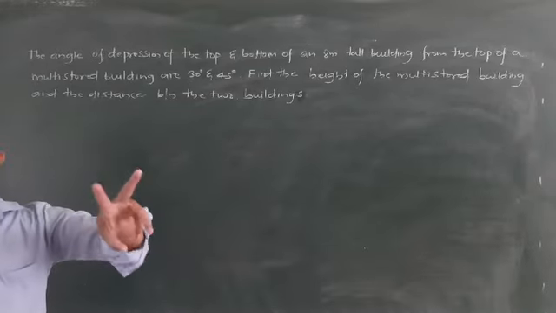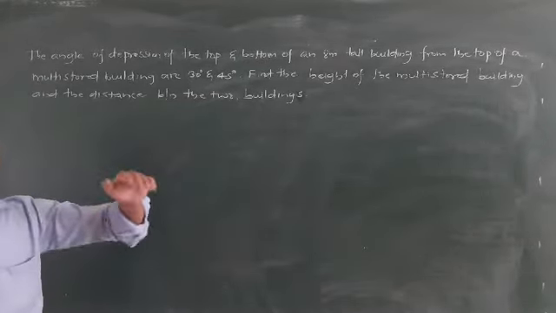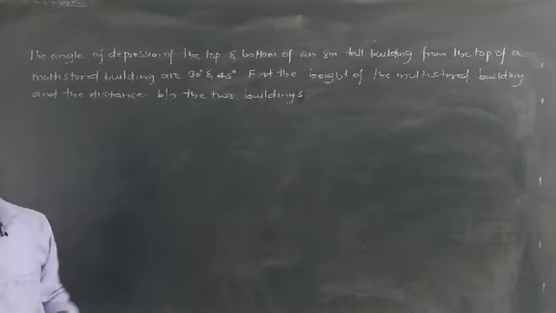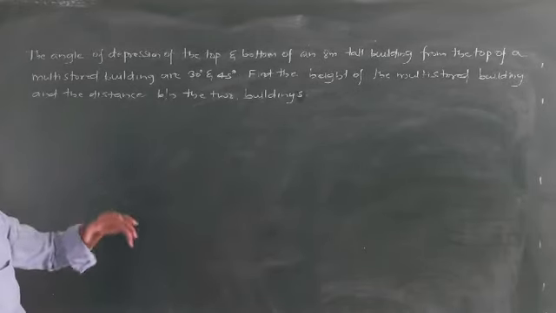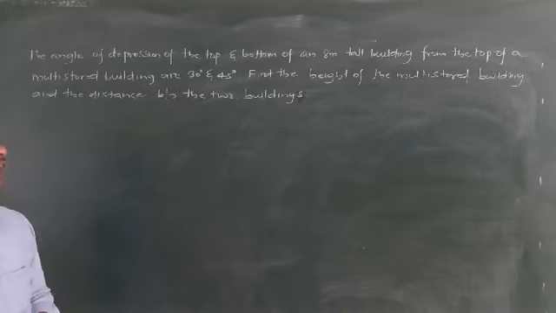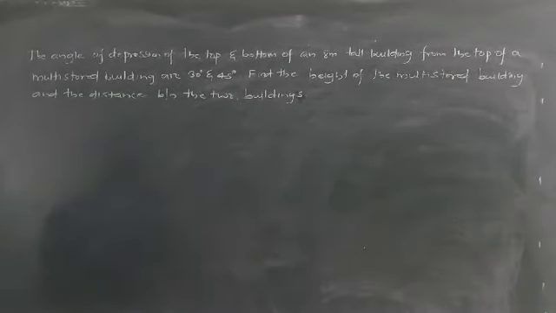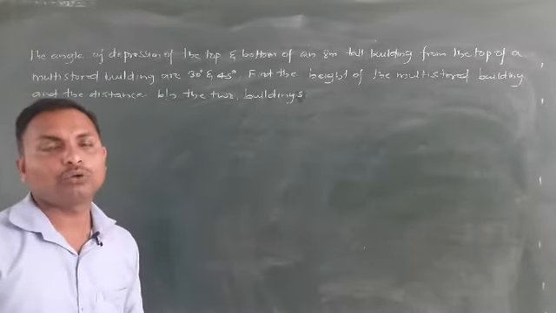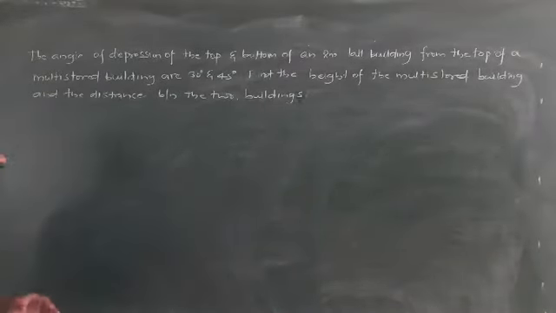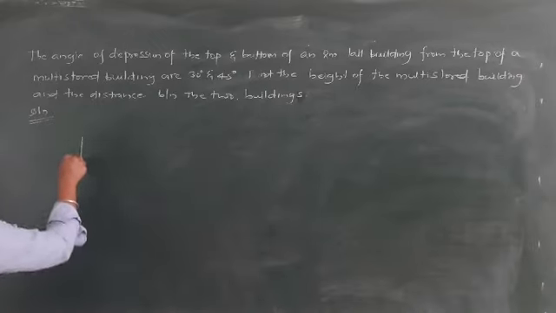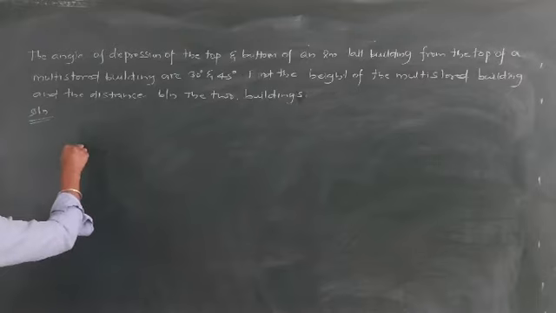That means here we have two types of building. One is just one tall building and one more is the multi-storied building. The tall building is standing in front of the multi-storied building. Okay, and the angle of depression they have given is 30 degree and 45 degree. We need to find the height of the multi-storied building and the distance between the two buildings. I'll give a solution of this question. Let me solve it. So very first of all, we need to draw the figure here. So let me take one tall building. I'll draw here 8 meter.